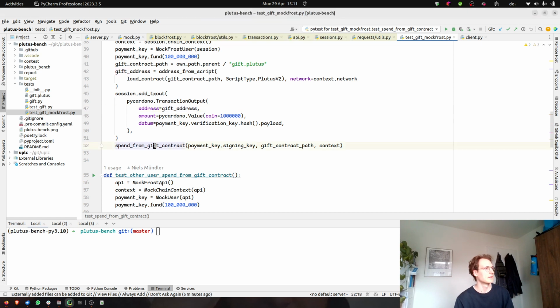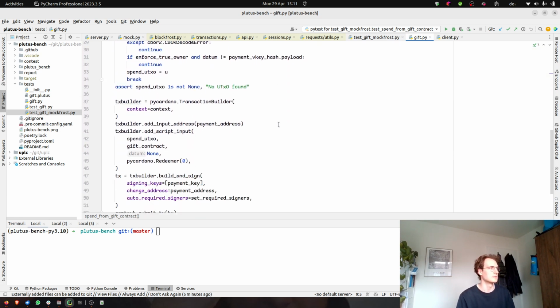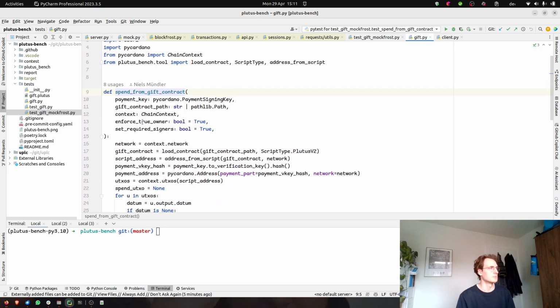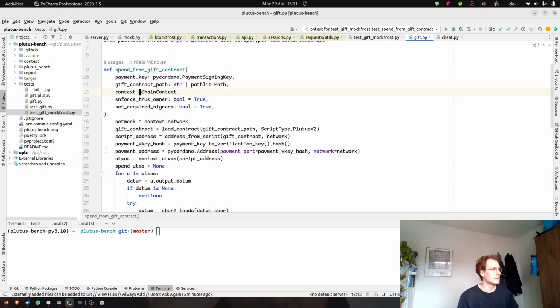And then we call spend from script contract, and this is just the normal off-chain code that we have defined anyways, which just works using a chain context. So this could work with Ogmios, could work with actual BlockFrost, and in our case it just works with the MockFrost. And now